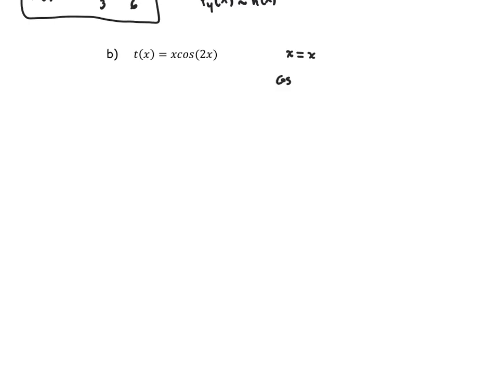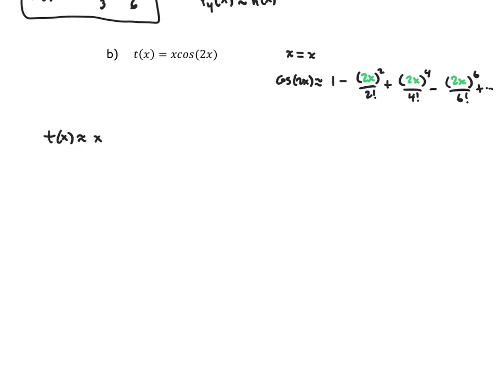But cosine of 2x, instead of taking a bunch of derivatives, I'm going to take the shell of cosine. And in the parentheses, I'm actually going to plug in a 2x, and I'm just going to go out to the 6th degree term. Instead of doing all that work, I'm going to plug in a 2x. All right, so to find T of x,